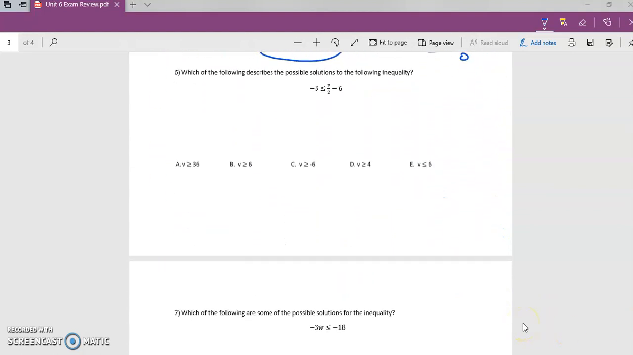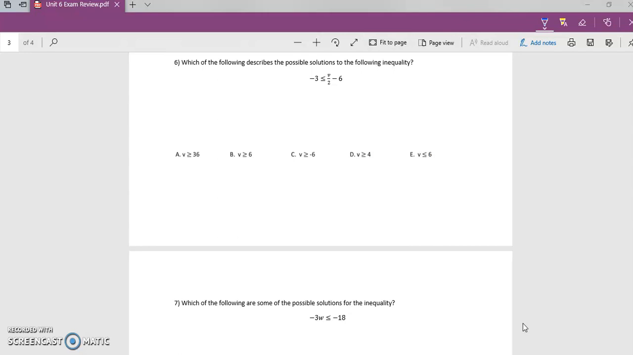Okay, moving down. Which of the following describes the possible solutions to the following inequality? So we have, let me just rewrite it so it's a little bit bigger. Negative 3 is less than or equal to v divided by 2 minus 6. So I have, again, right here,